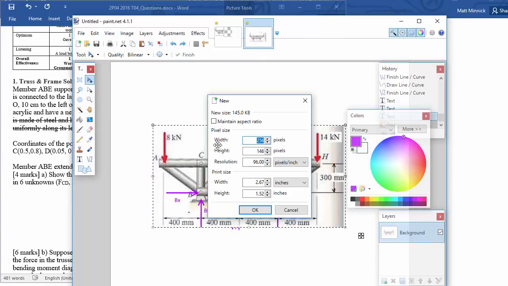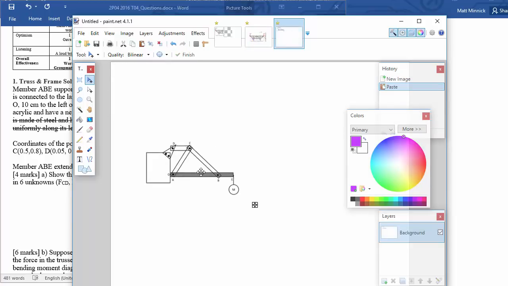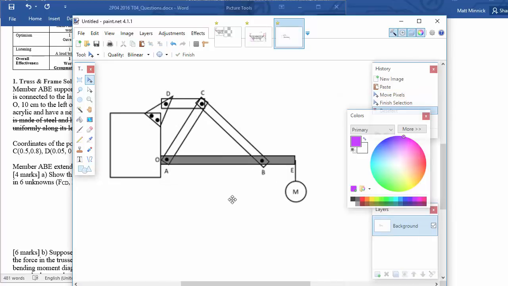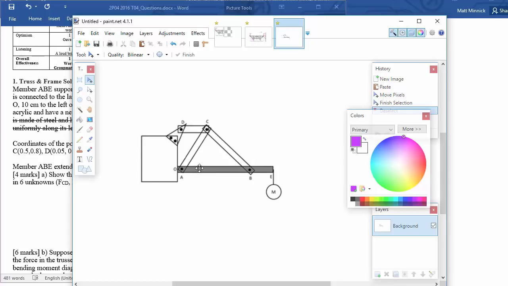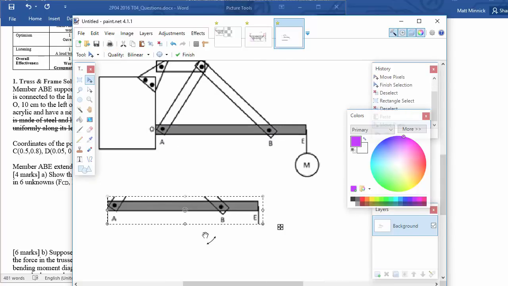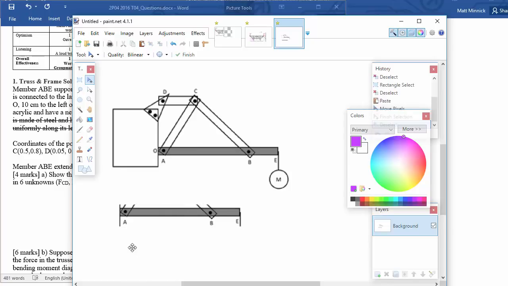All right. I guess we need a new 800 by 600, and nothing really special about that size. Just picking that. Okay. So here is the setup, and then we're going to draw some separate free body diagrams for the different parts of this. So we will need a free body diagram for this frame, and that we can get by sort of cutting some of the picture and then drawing the force vectors on